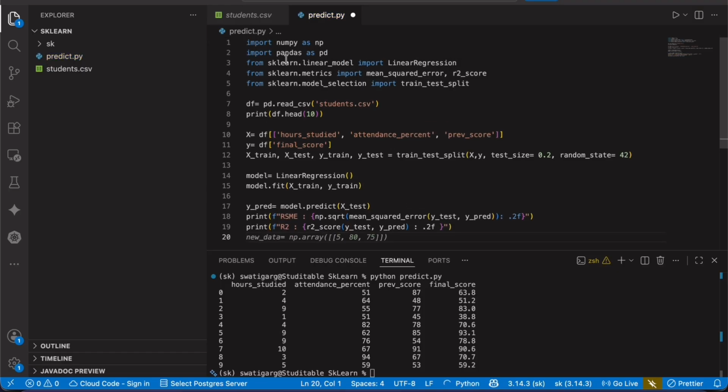So we have done three imports here. Import numpy as np, and from sklearn.metrics import mean_squared_error, which is this function, and r2_score.